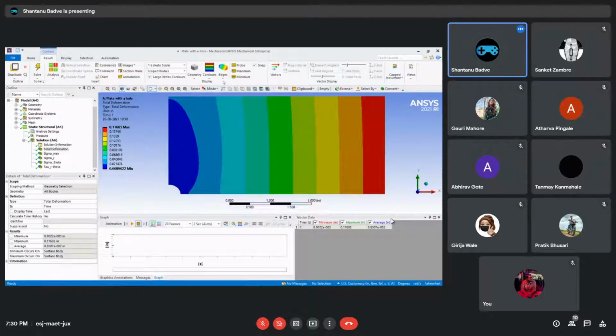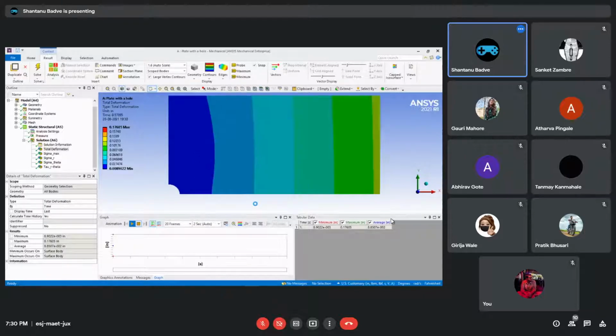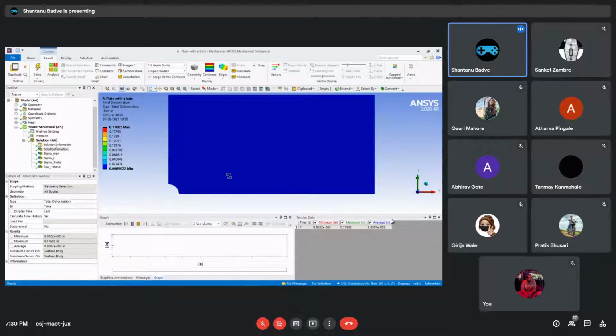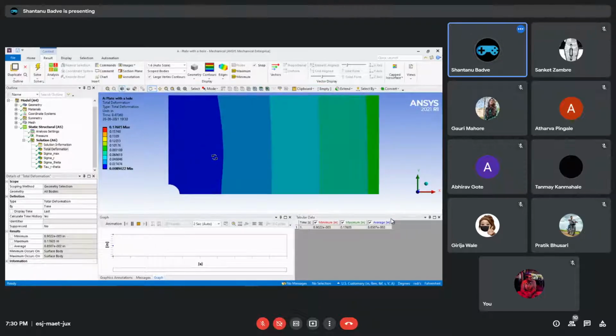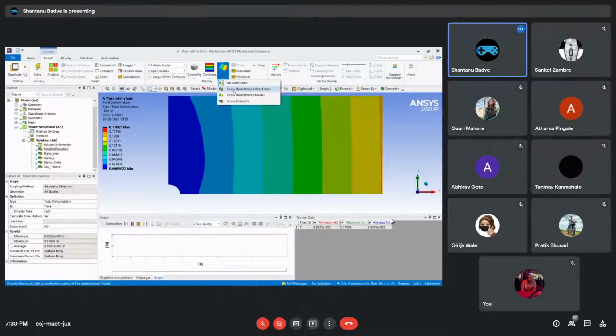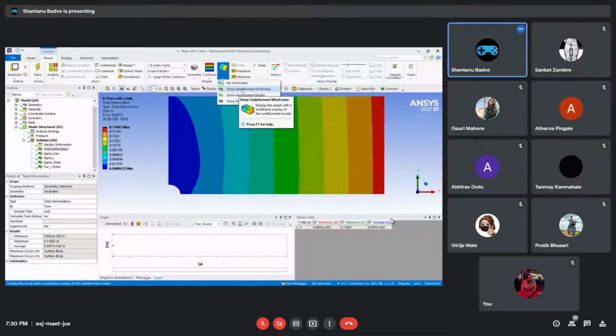But you know what? That's not enough. I want to see an animation. So there is this big play button in here. I'll just click it. And as you can see, I can see in real time how the plate is deforming. But there is still no basis for me to confirm that it is really happening. So I will go back to edges, and you can see that there is an option, show undeformed wireframe.